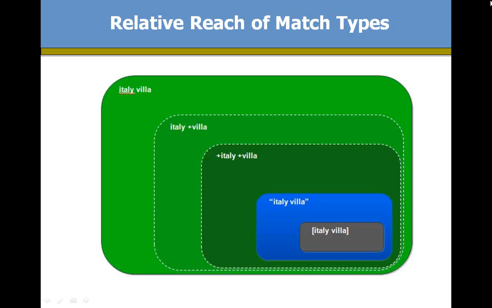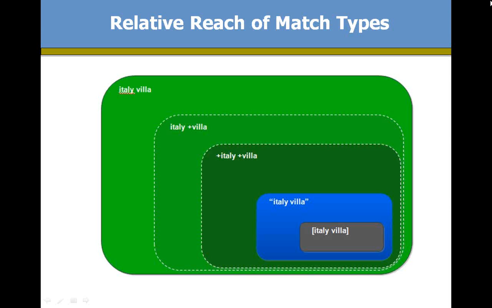And then to go out further, a partially modified broad match of Italy Villa, no plus sign Italy, plus sign Villa. So your modifier there is on Villa. So some form of Villa needs to be in that query in order for it to map to this keyword. So an example might be Italian villas, villas in Tuscany, I want to move to a villa in northern Italy,